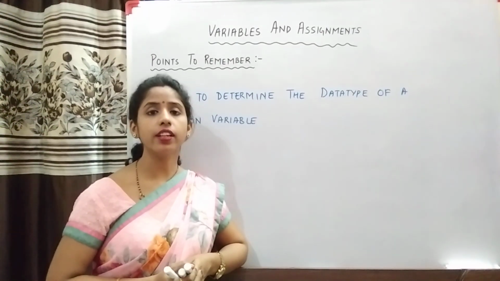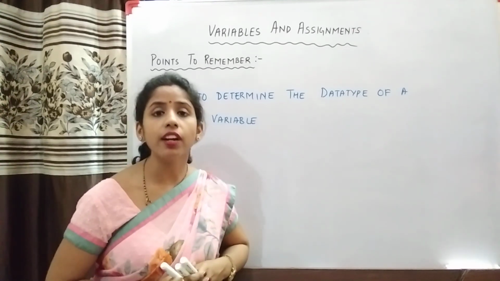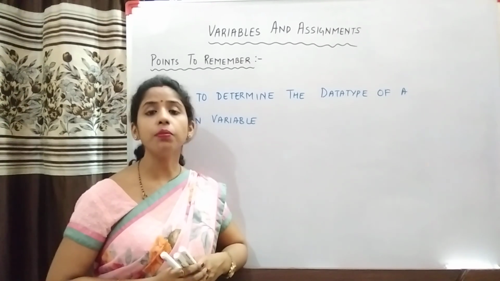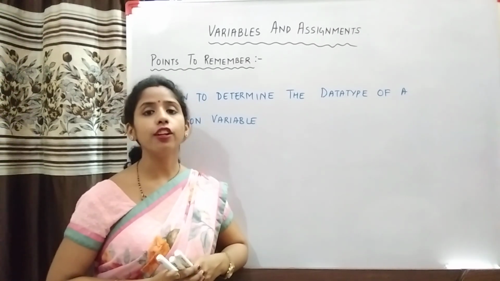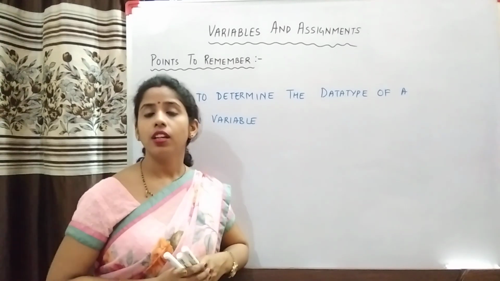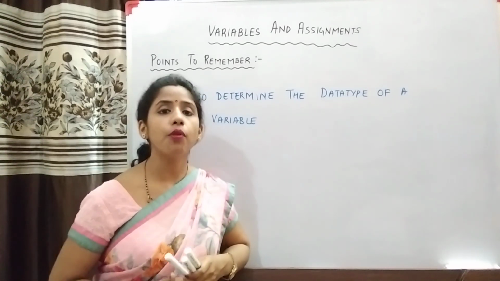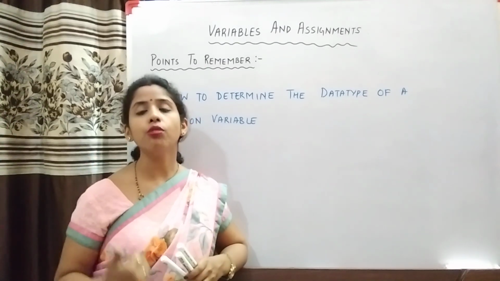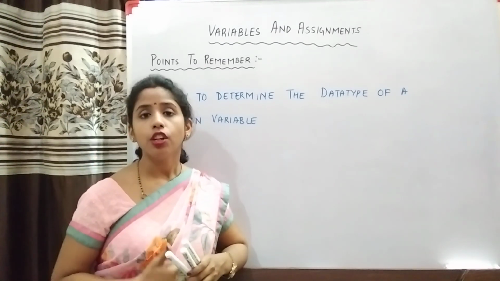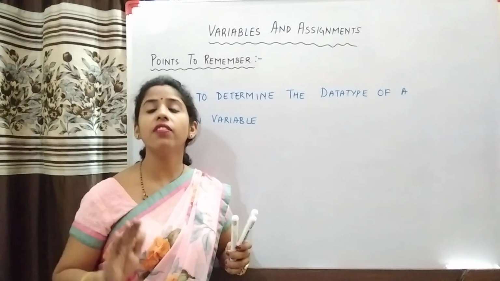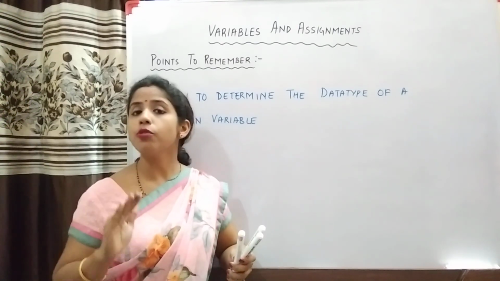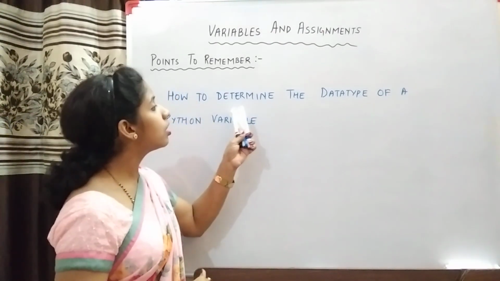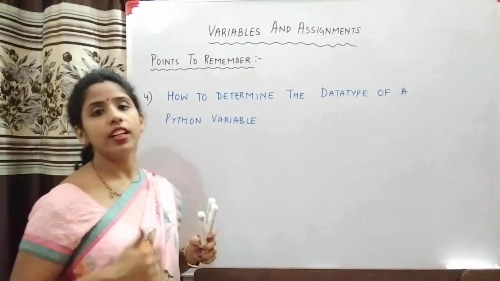So right now I said that you must remember what kind of value a variable is possessing at a particular time, and then you must perform only that kind of operation which is possible for that type of value. So it is very important for you to determine what kind of value my variable is right now having, क्योंकि जब हमें ये मालूम होगा कि हमारे वेरिएबल में कैसी वैल्यू है, तभी तो हम उस पर राइट टाइप ऑफ ऑपरेशन परफॉर्म करेंगे, right? So how to determine the data type of a variable at any point of time?